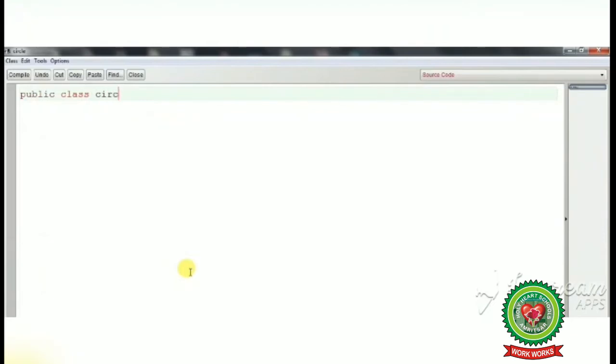We will write public class circle. Public means a keyword and a specifier. Class is the keyword that tells that we are going to create a new class, and circle is the name of the program.